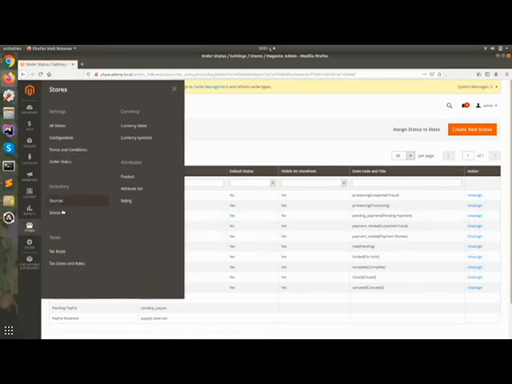Okay. Then inventory source, this is the new feature in 2.3. So if you have multiple warehouses, so you have multiple sources of inventory, you can manage it from here. You can manage taxes from here, currencies, and this is the main important part, attributes.